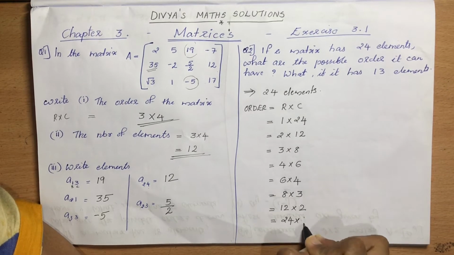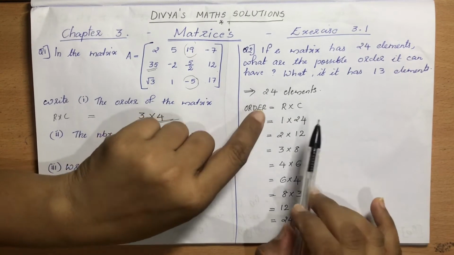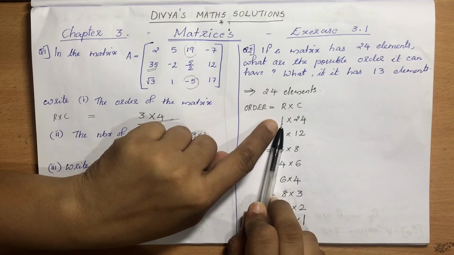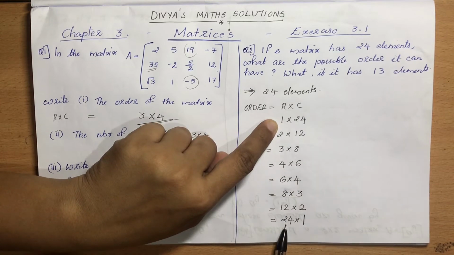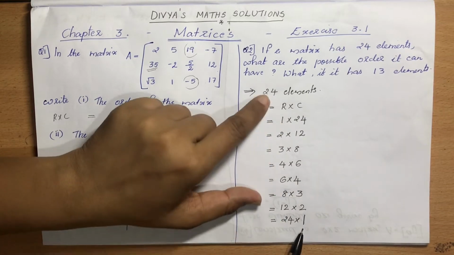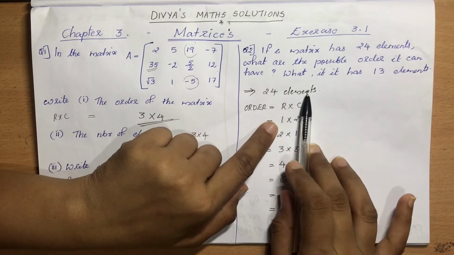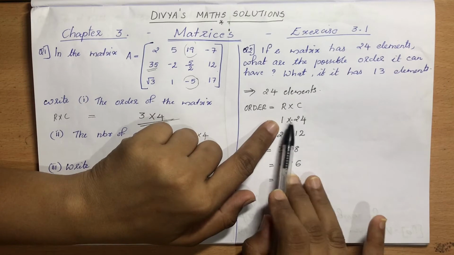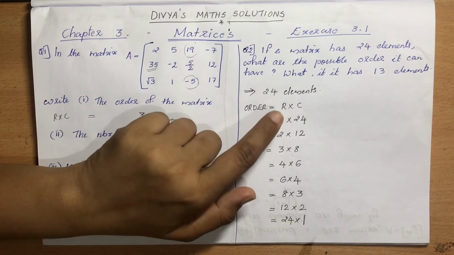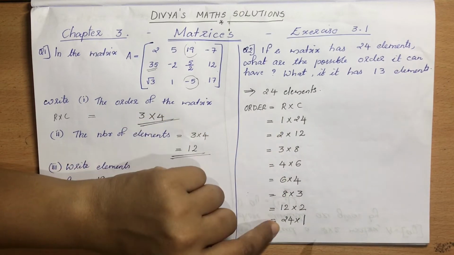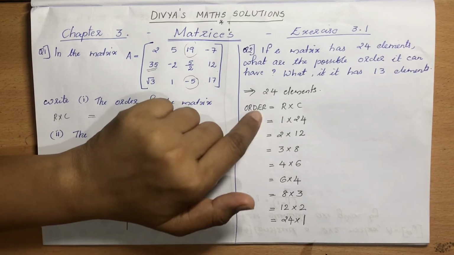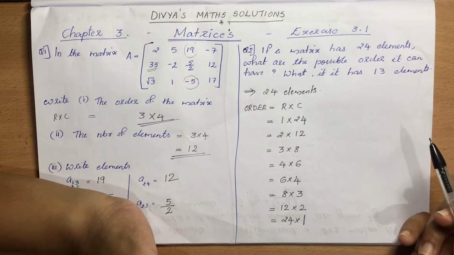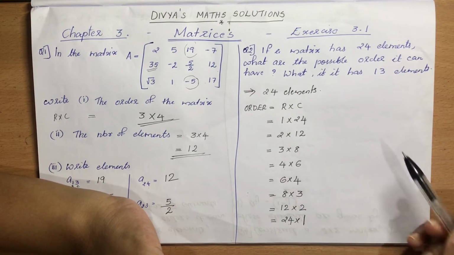And the next one is 24 ones. See, this is what row by column is. These both are the same number, right? But this is row by column. One row, 24 columns. Here it is 24 rows and 1 column. That means both are different. 1 into 24 is 24, 24 into 1 is also 24, but the order is different, correct? This is row by column, this is also row by column. Here the number of rows is 1, here the number of rows is 24. Like this, everything is different. So how many ways can we write? 1, 2, 3, 4, 5, 6, 7, 8 ways. The possible orders: there are 8 orders.